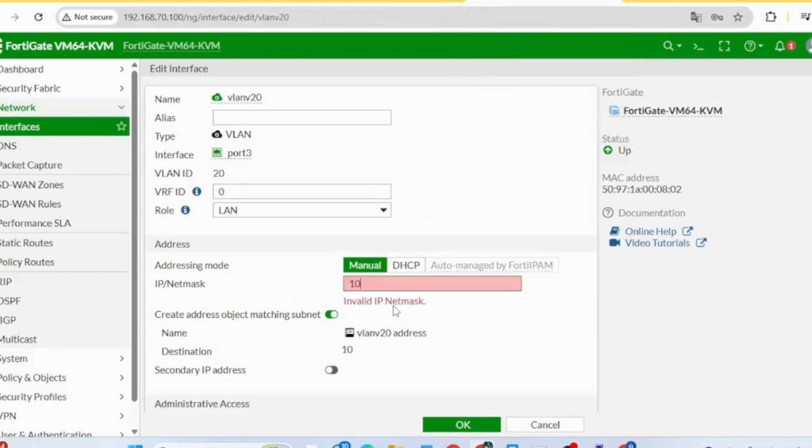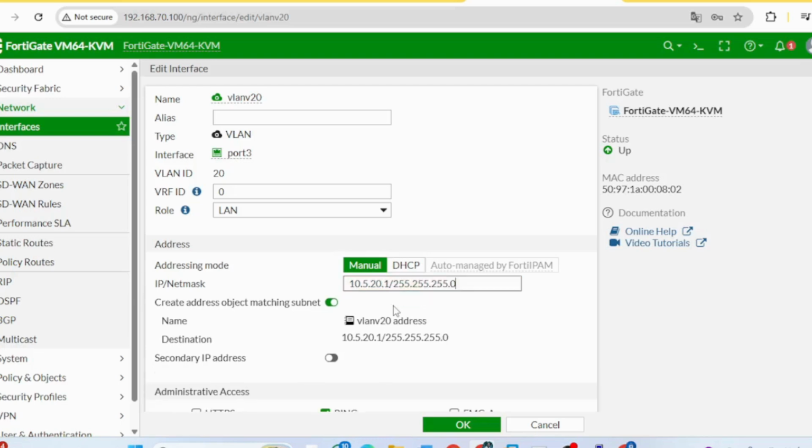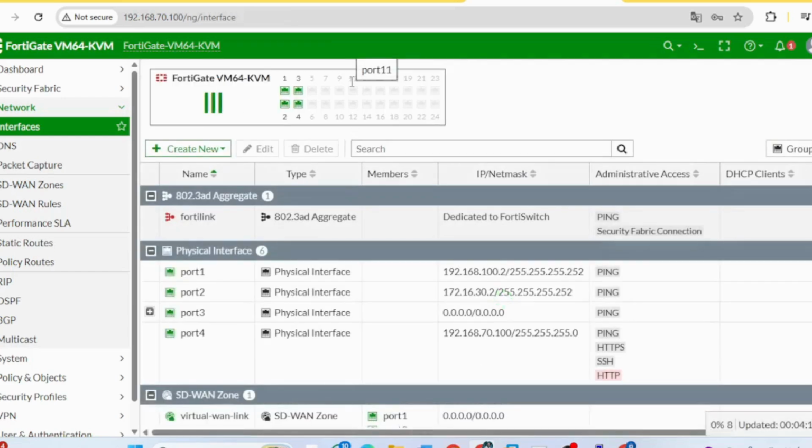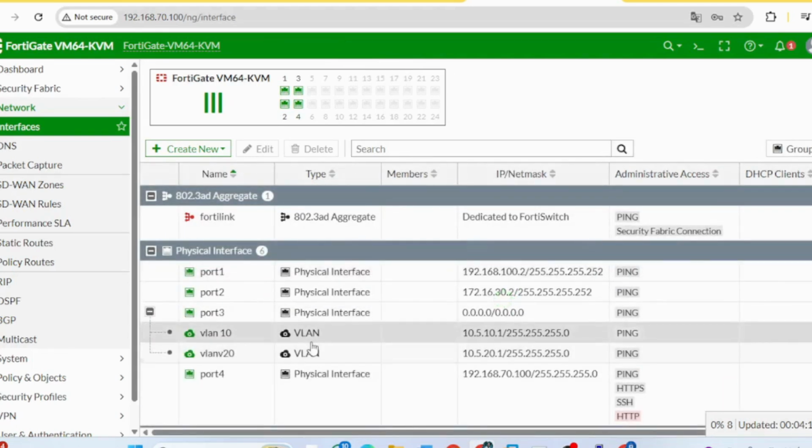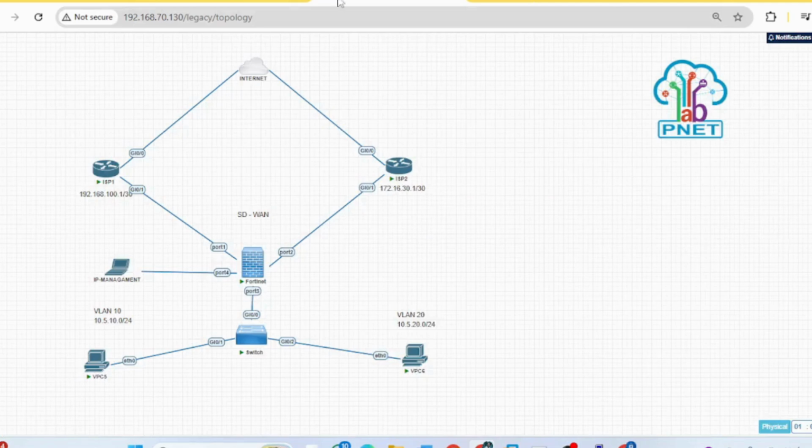Wait a second. It was 10.5.20.1 with slash 255, and done. Now after that, it should be okay for us to open.